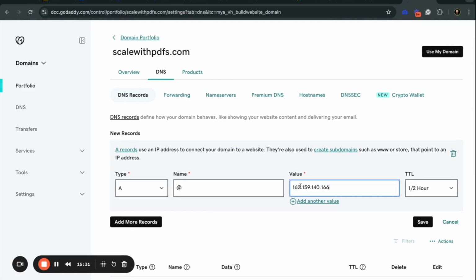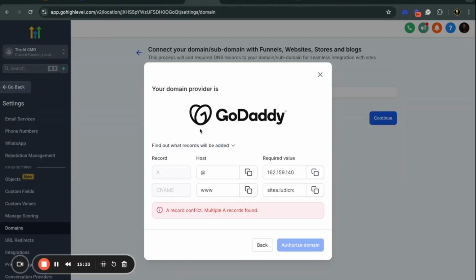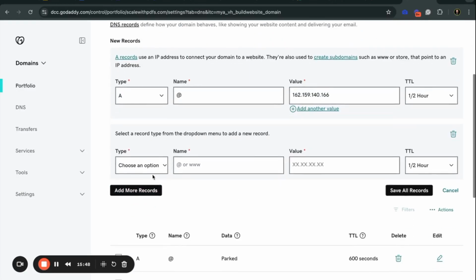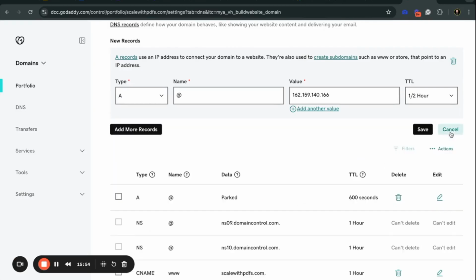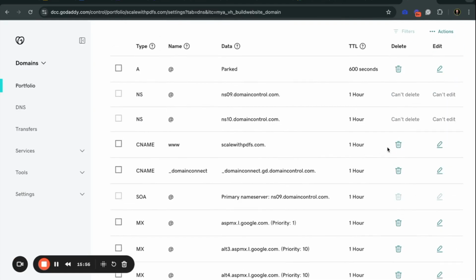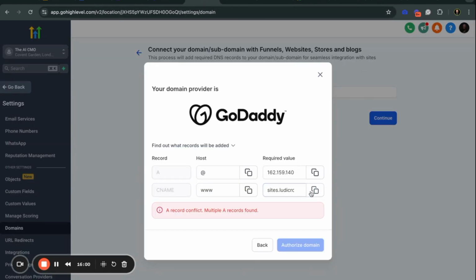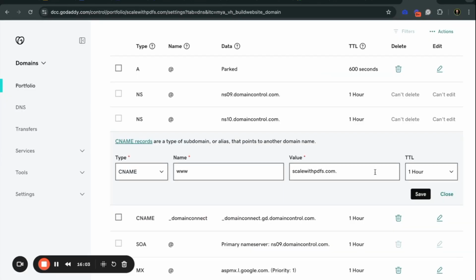Again, this is obviously just for me, but you can see it asked me to do that. So I've just copied it in. Okay, and then I'm just going to click add new record, and the CNAME is www. Okay, now you've probably already got your CNAME here. So if I go here, for example, it's already there. If it's asking you for this one, I just need to connect it with,